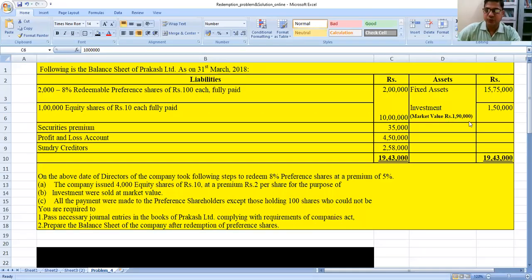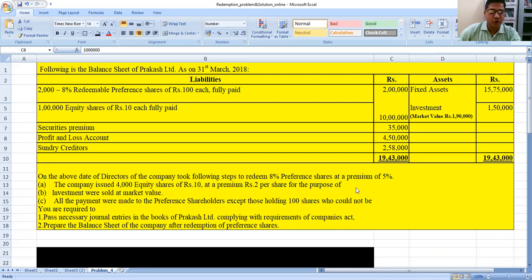Market value rupees 1,90,000. Total of both the sides 19,43,000. On the above date, the directors of the company took the following steps to redeem 8% preference shares at a premium of 5%. A. The company issued 4,000 equity shares of rupees 10 at a premium of rupees 2 per share for the purpose of